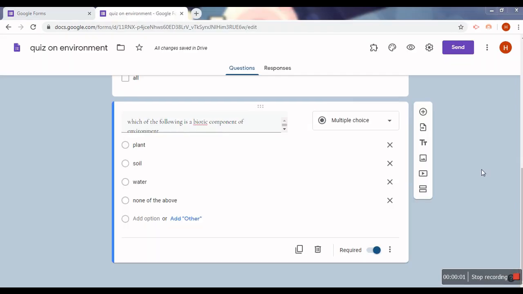So let's see, welcome back students. Let's see what the other options in this slider mean, right? So the second says import question. So many times it may be that you already have questions written in your Word document or your file or your drive. So it is not necessary that you type them again. So you can import the questions.